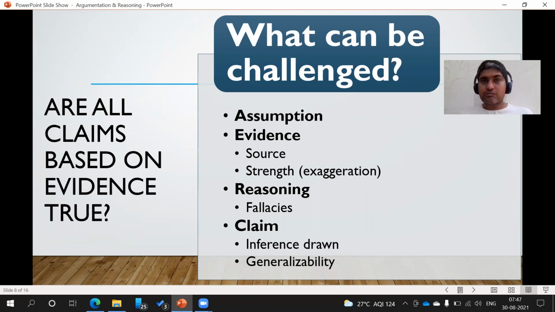Say exaggeration. 95% of the people supported demonetization in a survey done by the Prime Minister's office. Now, is that an exaggeration? I mean, probably there are people supporting it. And could it be that people were supporting it when it was announced, but then one month down the line they see the reality? Can that strong claim, that on the day demonetization was announced 95% of the people supported it, stand any water?